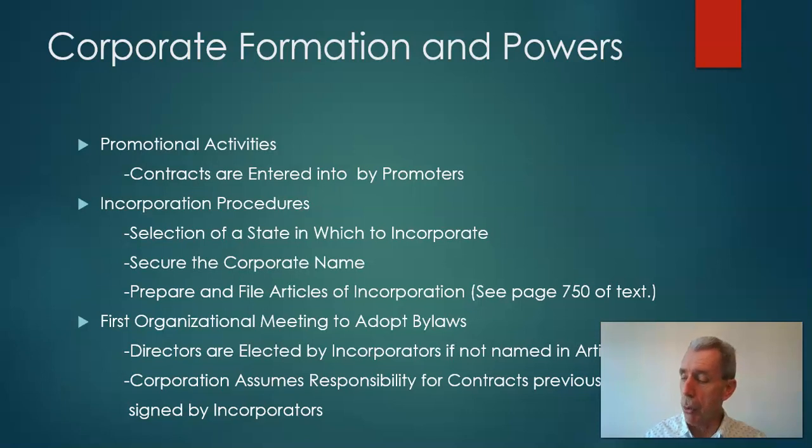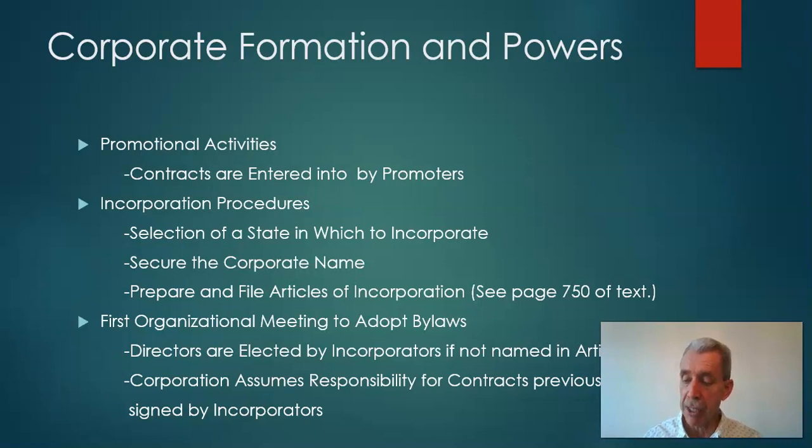And with that, you'll want to take a look at page 750 of the text, and there is a draft template that's used for the articles of incorporation. Good to know. And it lists the name of the corporation, the period it will be in business, the purpose of the corporation. Usually you put down to engage in any lawful activity, the number of shares. You can just go right down the list and see who's included in there.